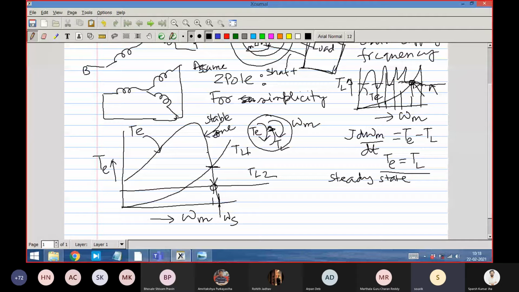So don't think that we are dictating speed. We are not dictating speed. We are dictating a characteristic. That is what we can do in a machine design. We can only produce that characteristic TE, which is a two-variable characteristic, omega m versus torque. It is neither dictating omega m nor dictating TE. It is putting a curve. That is why it is called characteristics. Like a voltage source. What is the characteristics of a voltage source? This.